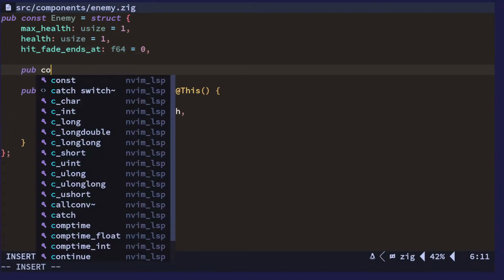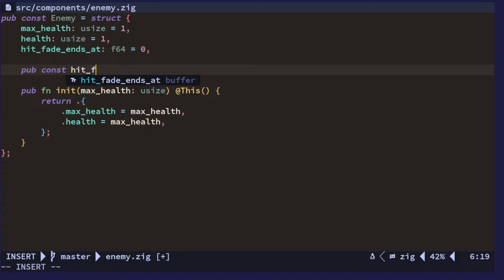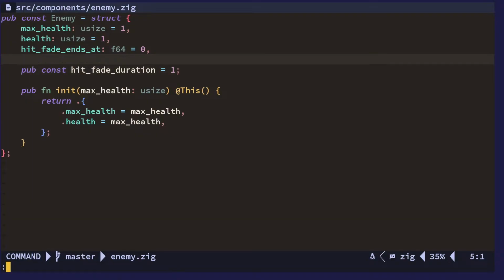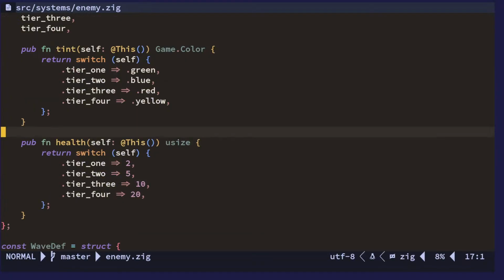And then we're gonna have hit fade duration. Let's say 1 second. So I'm just gonna make a fade, maybe. Well, you're gonna see. Okay, so yeah, a fade effect. So when we hit the enemy,